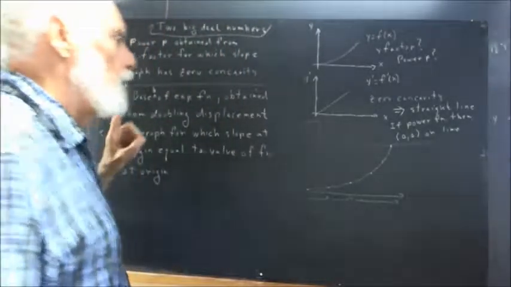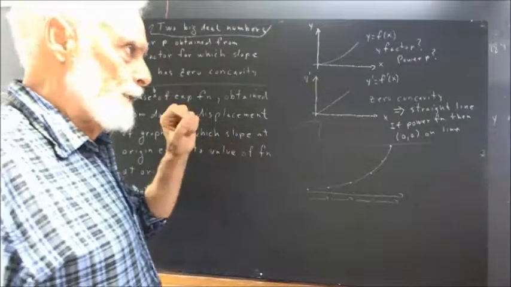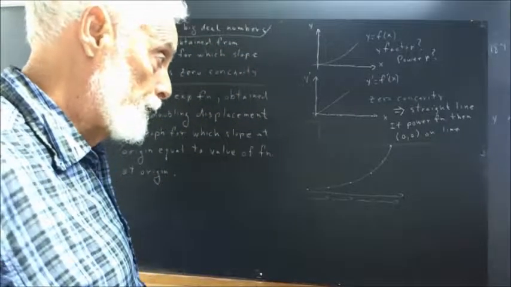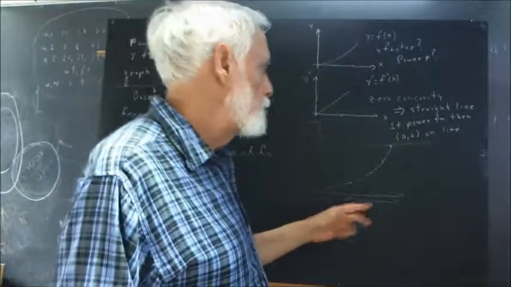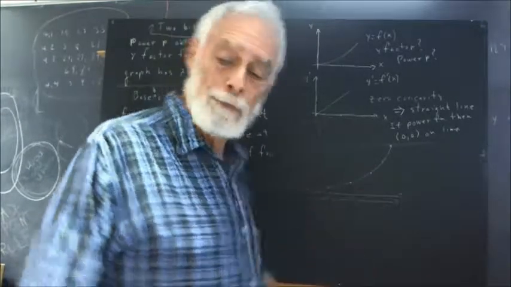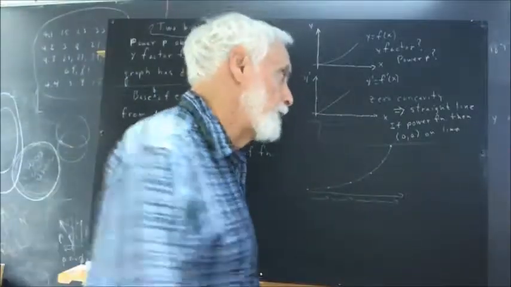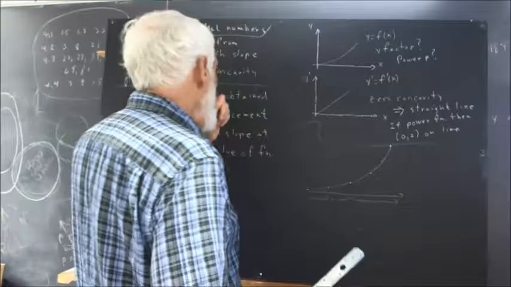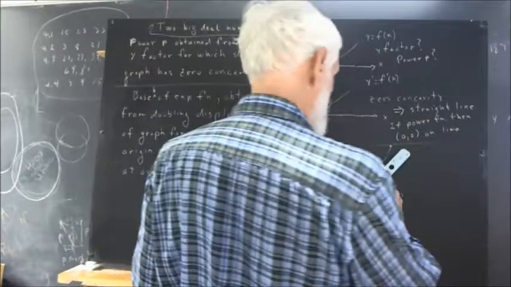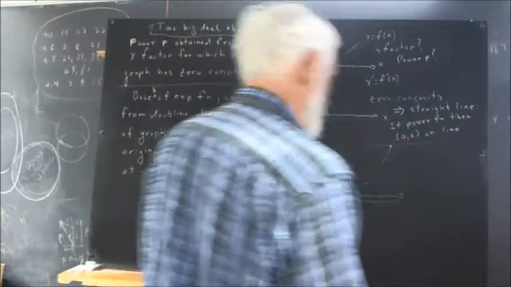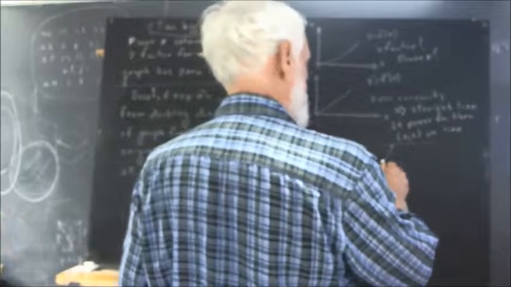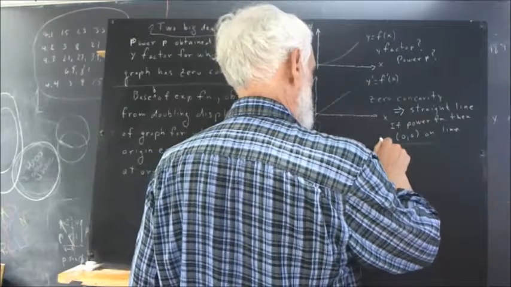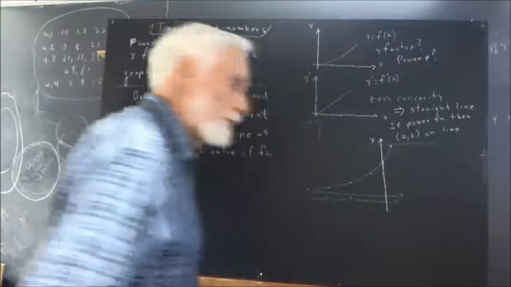We know the value of the function at the y-intercept is 1, right? b to the 0 is 1. So we want a graph whose slope at the y-intercept is 1. If we assume equal scales, the slope 1 corresponds to a line at 45 degrees relative to the x-axis. And on this particular graph, that occurs right about here. So if I put my y-axis here